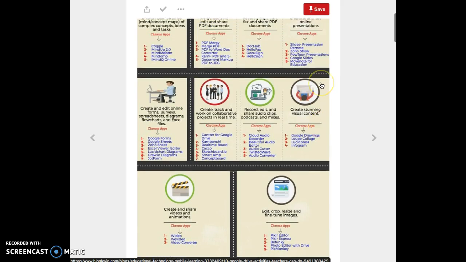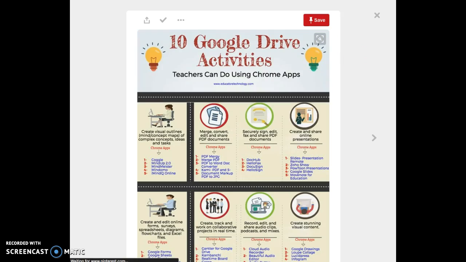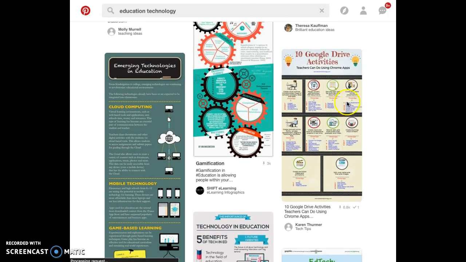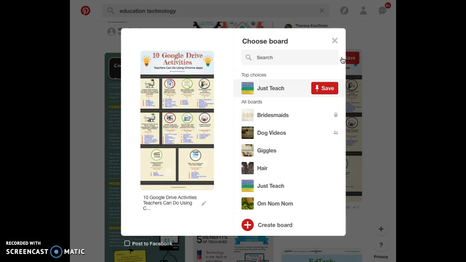As you explore these pins, you will also want to start pinning to your own boards to save these resources for easy access in the future. To do this, you can hover over the pin and click the Save button. So if I hover over this one, for example, you'll see that the Save button will click right here, and I can click Save, and this window will pop up